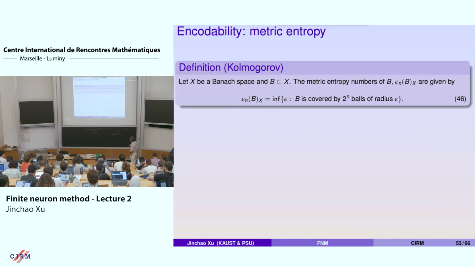So we're talking about a set in a Banach space B. The metric entropy would be this number: you take two to the n balls of radius epsilon to cover this set. You take two to the n balls to cover it, so that is how much accuracy you can get. For example, if you have an interval